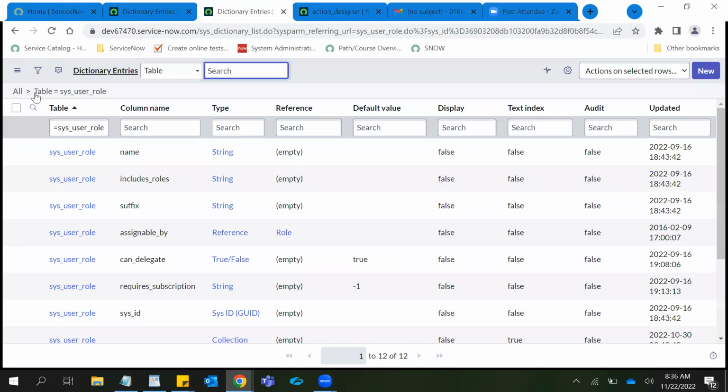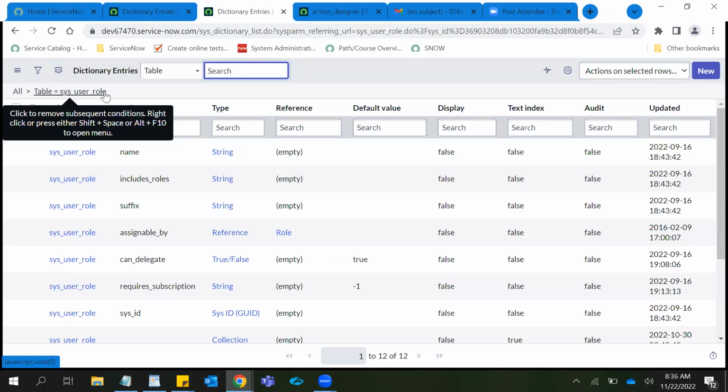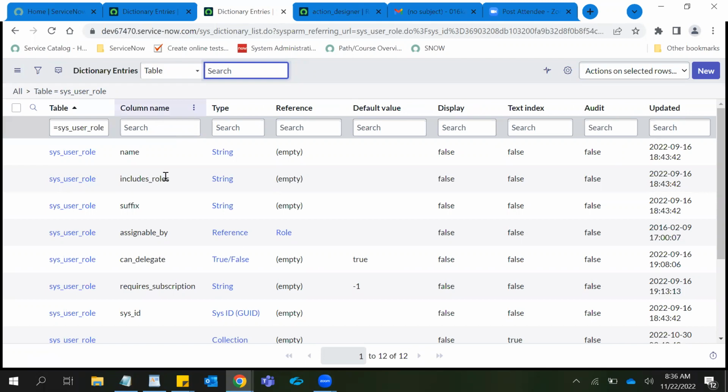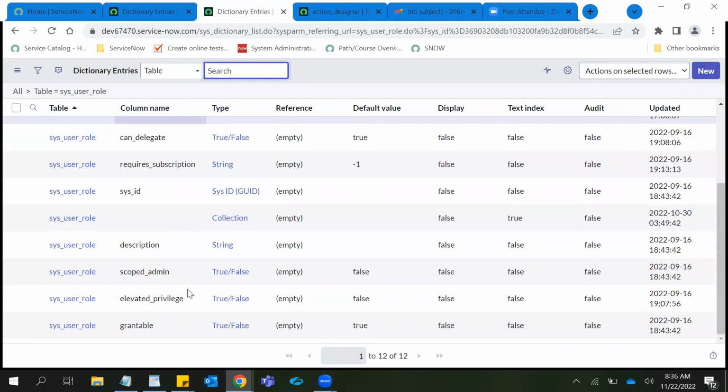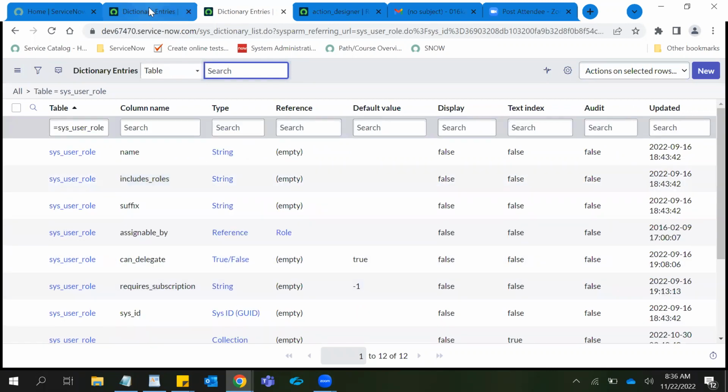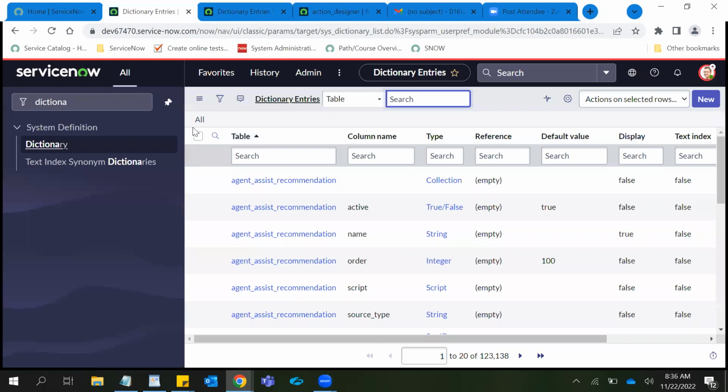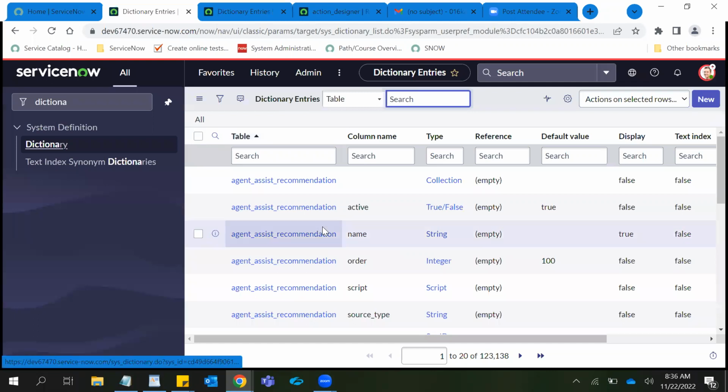So you can see there is a filter condition which is already added, that is table is equal to sys_user_role. So you know this table is nothing but the roles table. So I can see all those dictionary entries which are part of this particular table alone. If I directly go to dictionary entries, I can see all the dictionary entries, like